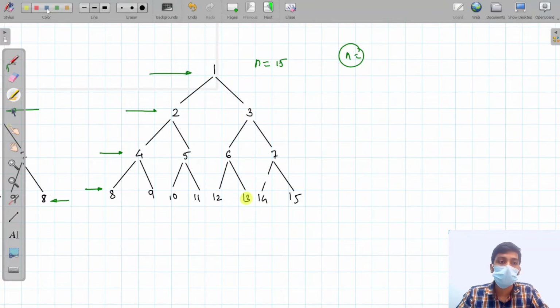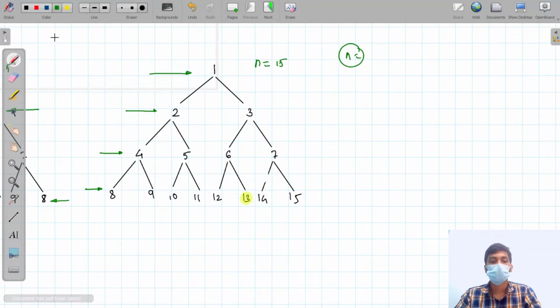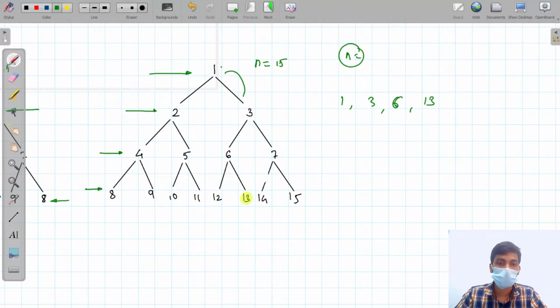Let's say that it is saying that if I am currently standing here, I have to find the whole path to reach 13, that is 1, 3, 6 and 13, right? It is saying that return me this path as an answer, or it is just saying that if a number is given to you, then find the root, or find the node to root path